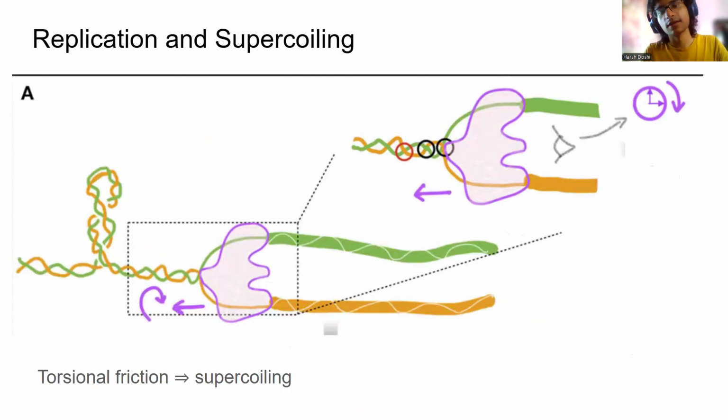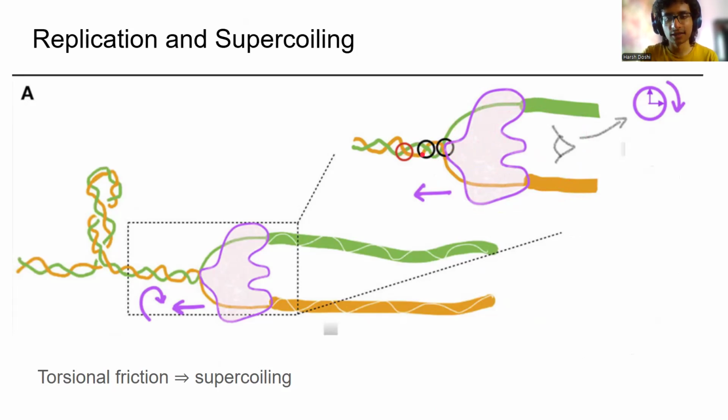Jumping to replication, in a similar way to transcription, this can also introduce supercoiling. Replication is when the two strands of the DNA are first split into single strands, and then each strand is replicated so that it creates its own double helix in the upstream region. This is done by another replication protein, and in a similar way to transcription machinery, it first opens up the